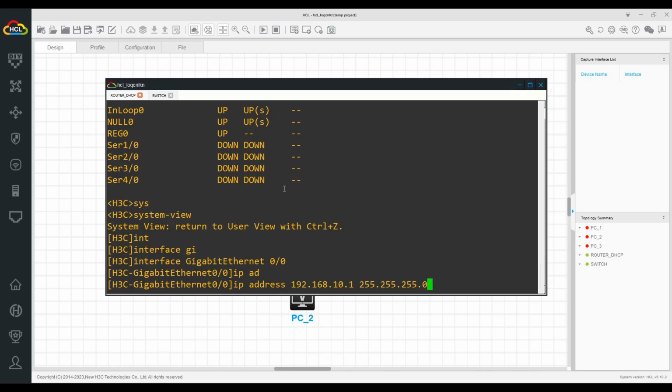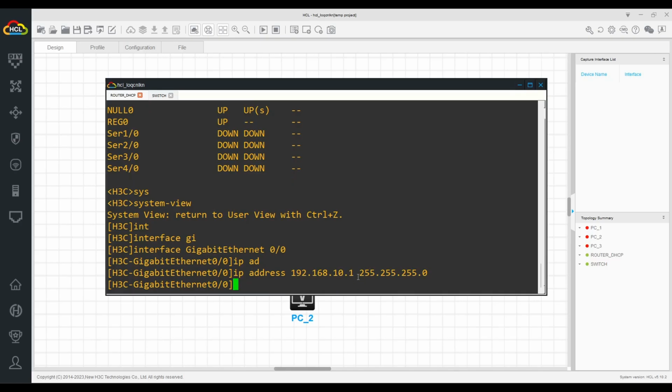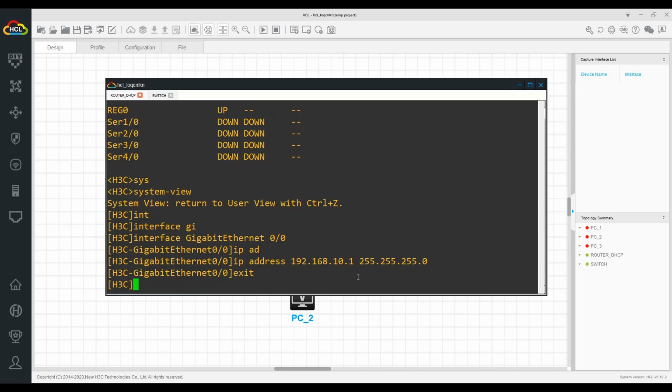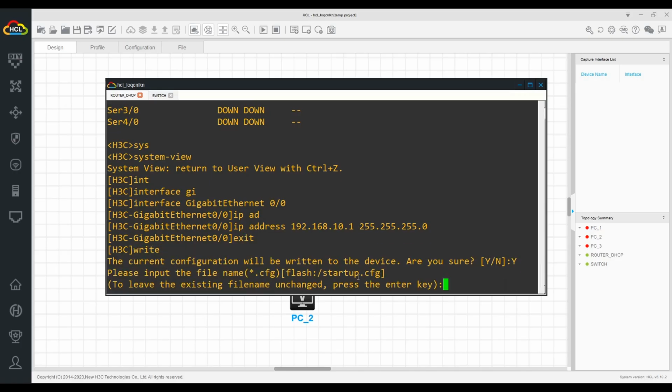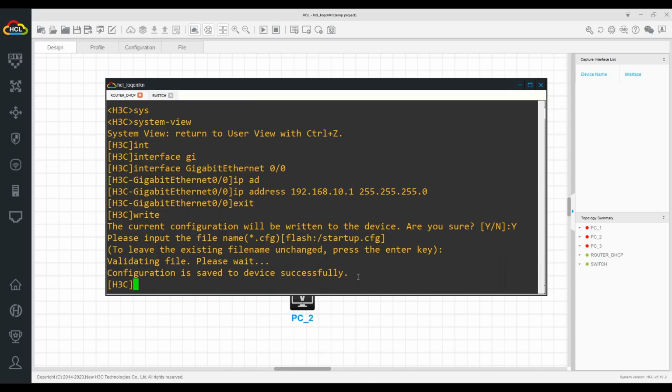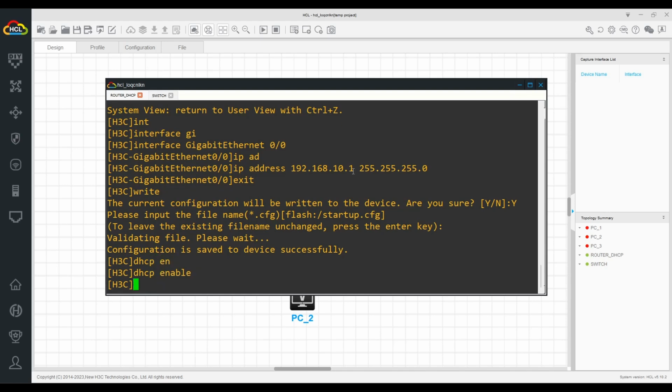We have a class C pool with a 24 network mask, and this is our gateway. Okay, enter, exit, and we will do save to save the configuration. Okay, this is done. Next, we will need to enable the DHCP service on this device,